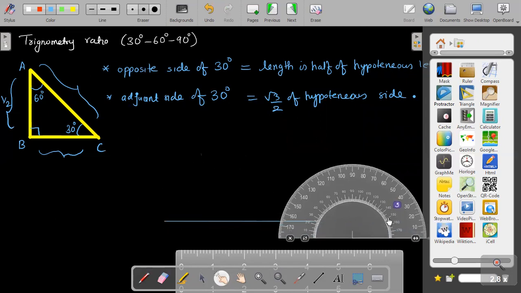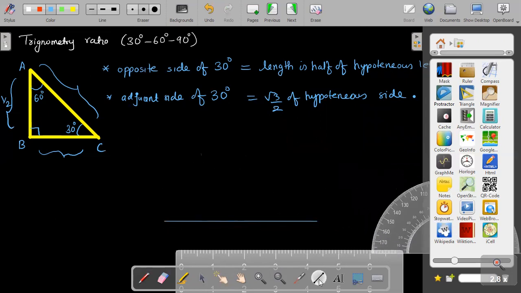इसको थोड़ा छोटा कर देंगे. And then we will try to draw a straight line from here till here. Just normal length. We don't know how much length we have to draw, because that is our research part now, to check whether it is half length of hypotenuse or not. Okay, so we have drawn a 30 degree length here already.